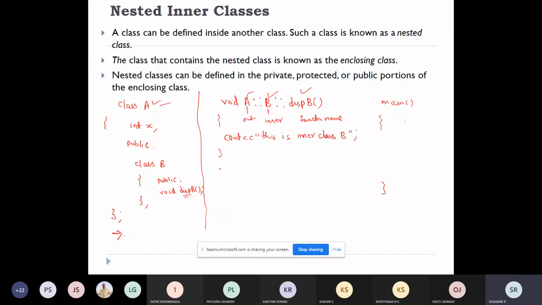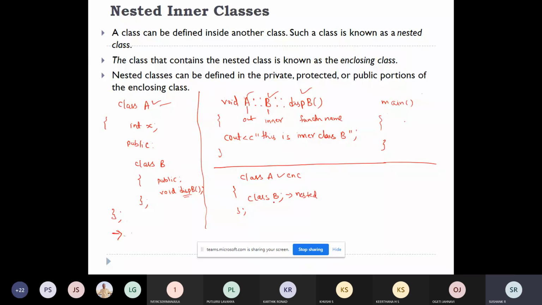So sir, after this what can we do? The same terminology you can also follow. So this is one way, no? Even you can apply this for classes also. For example, you'll write a class A. After that, you'll just define class B. You'll just declare that class B. The same terminology. Now A is the enclosing class, B is the nested class.